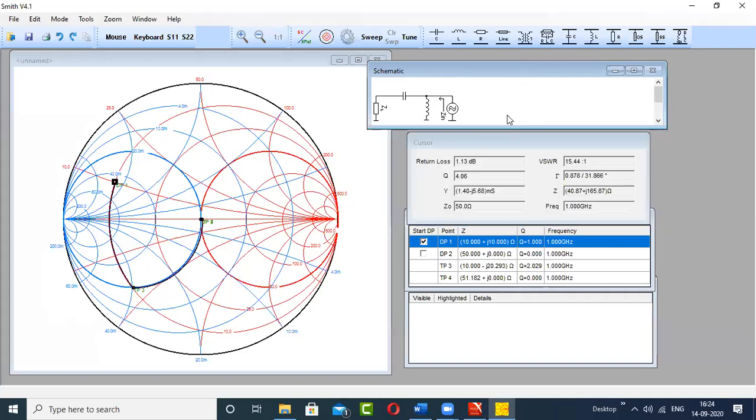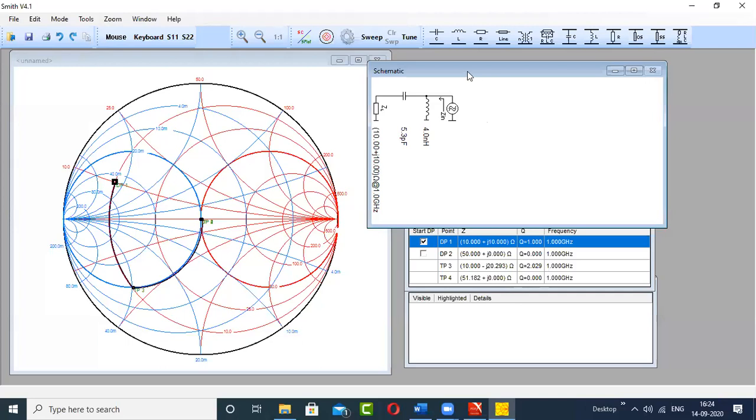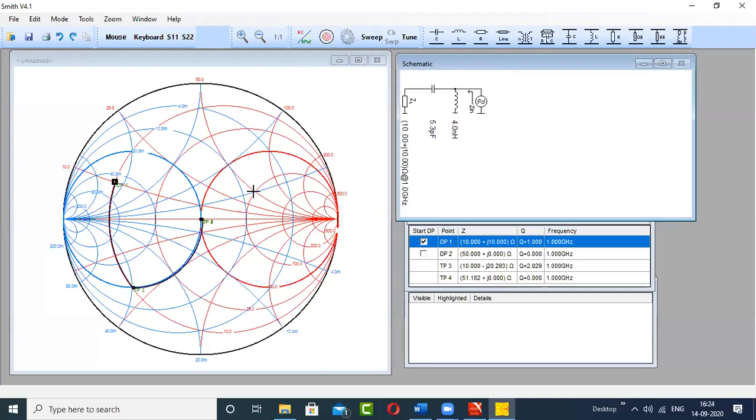Okay, so two solutions here, and you have worked on both the cases, and both are matched. Now we can go for the other possible solutions. So what I will do, I will just remove all the components. Now, see, your final goal is what? To move to the center of the Smith chart, and you can take different paths. Different paths can be taken.